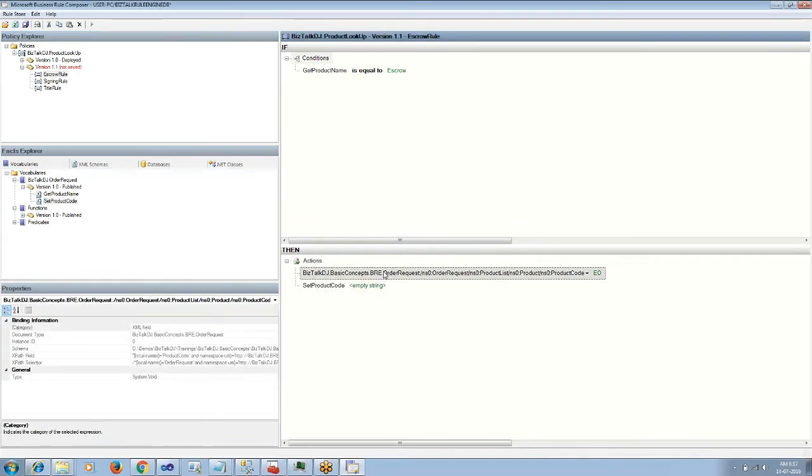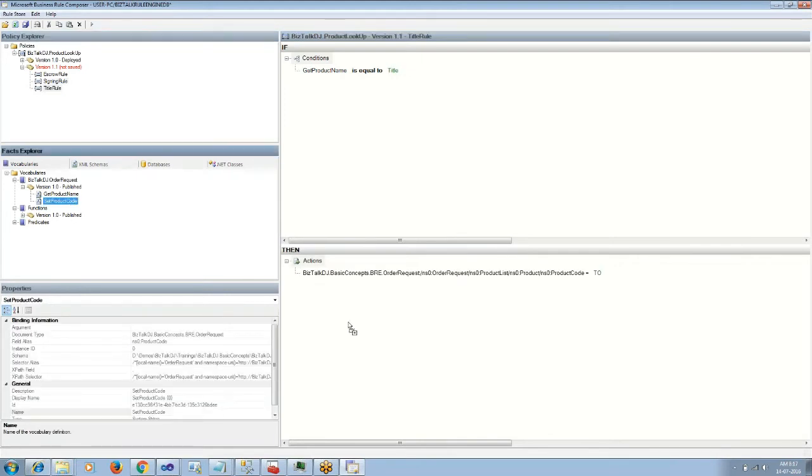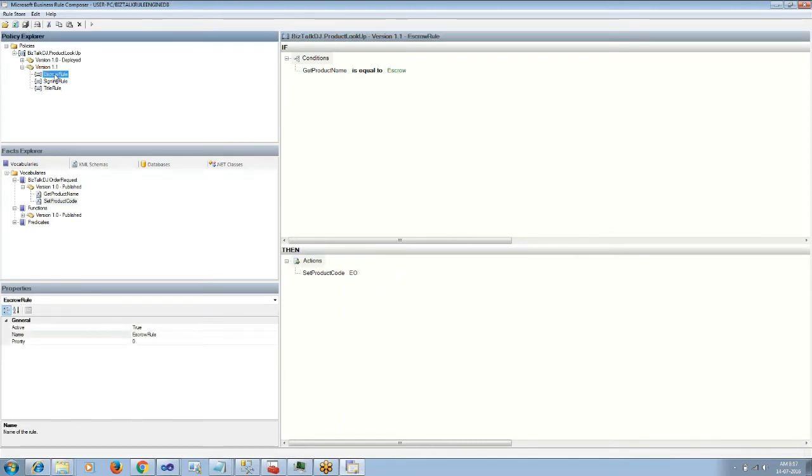I will update the action and condition using the vocabularies that we created. So vocabulary helps us to improve the user readability of the BRE.